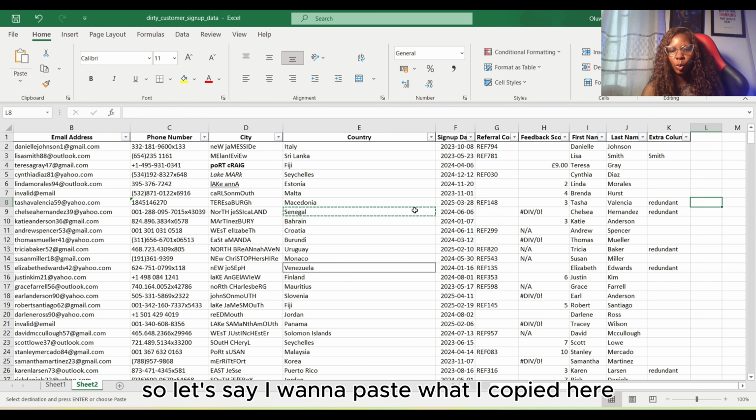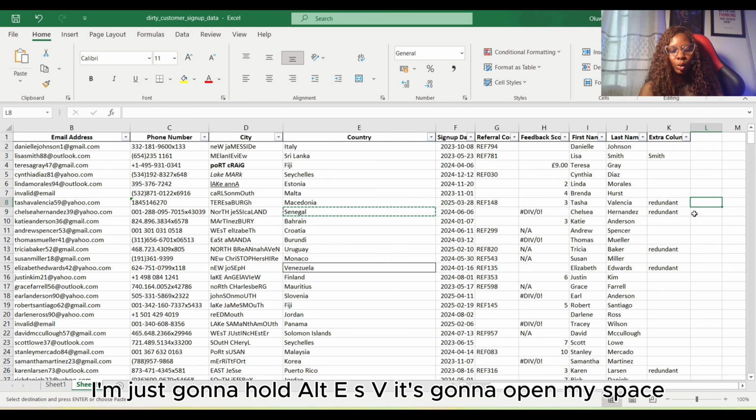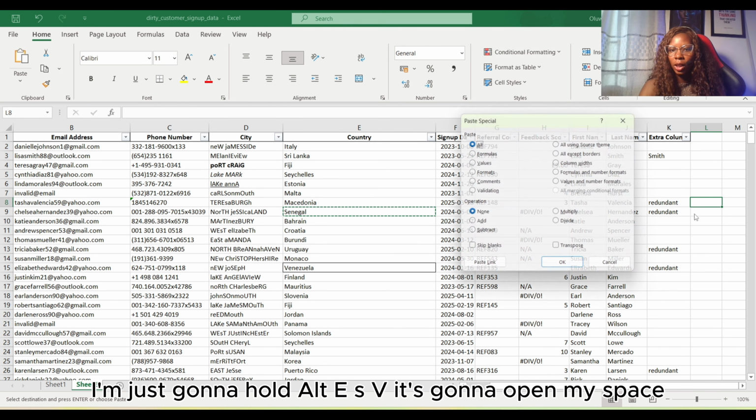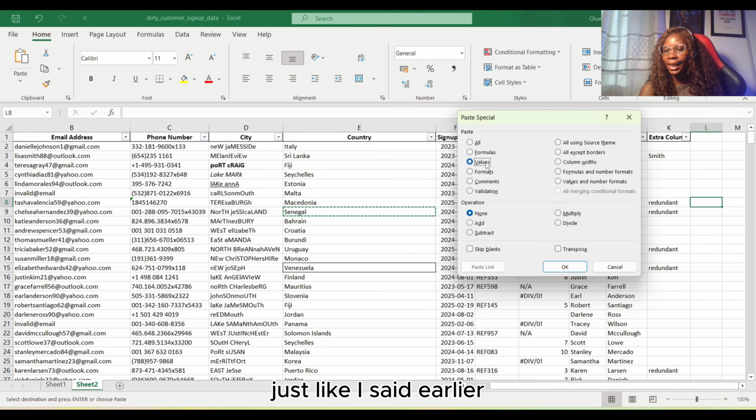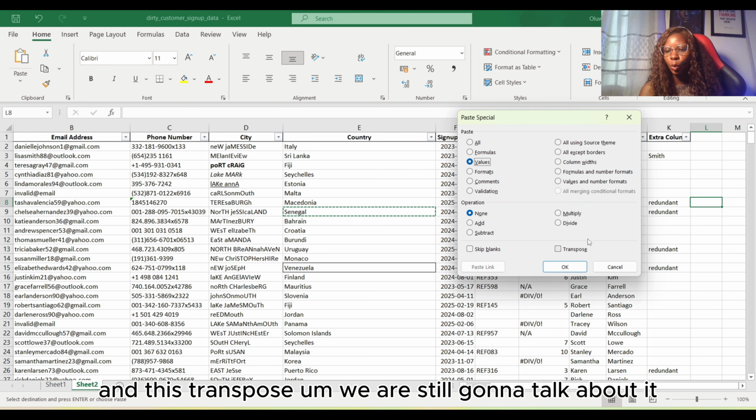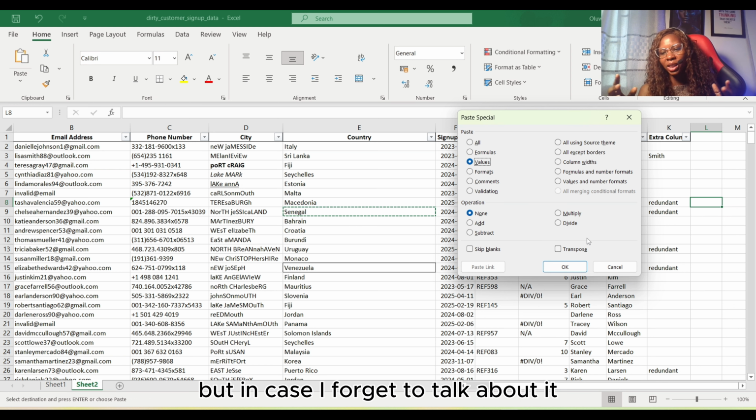So let's say I want to paste what I copied here. I'm just going to hold Alt E S V. It's going to open my paste special button, and I can decide to paste as value, just like I said earlier. Let me just do this as value, and then we repeat that step. And this transpose, we are still going to talk about it, but in case I forget to talk about it,